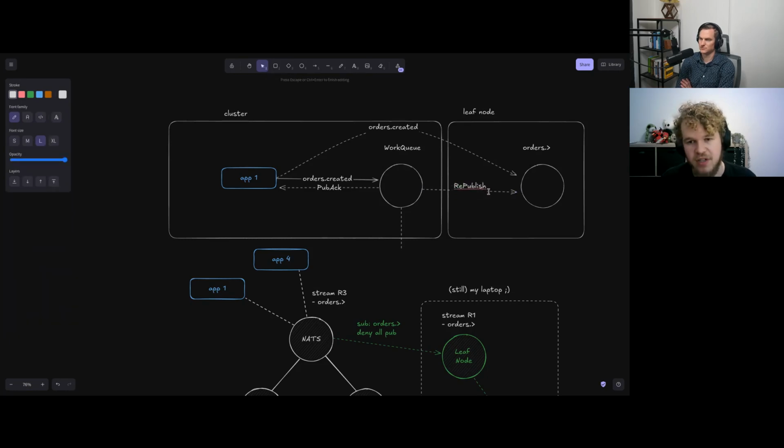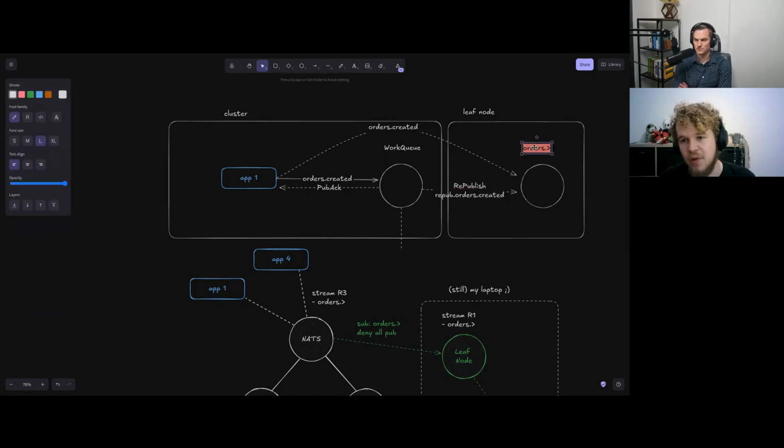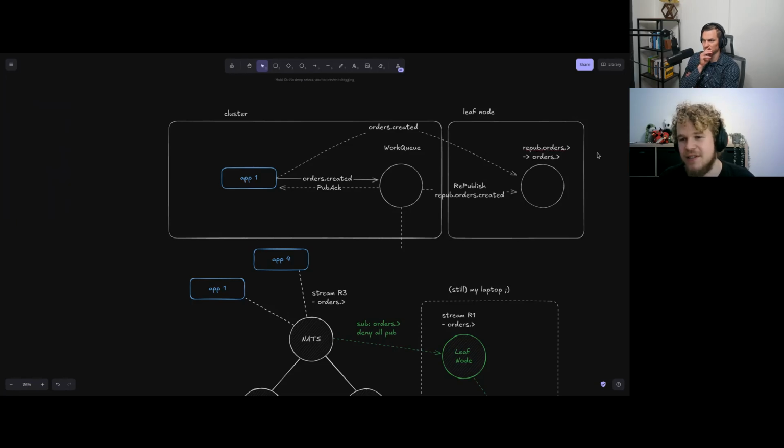For example, let's say repub.orders.created, something like that, and then you subscribe not on orders but on repub. And with subject mapping, you can actually drop the repub part, and then just go to orders. So there's lots of options there, but the important part is that you're not creating a consumer.